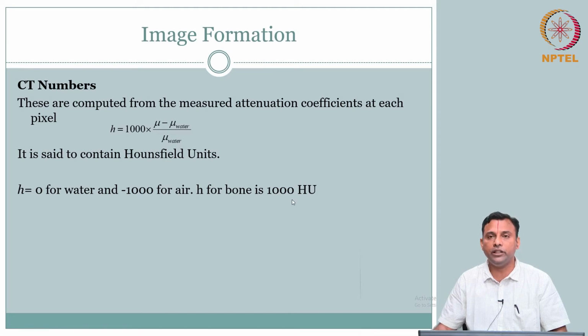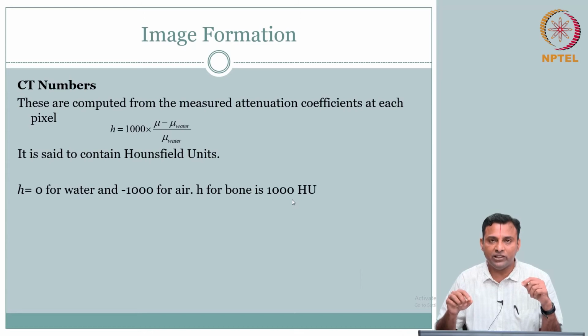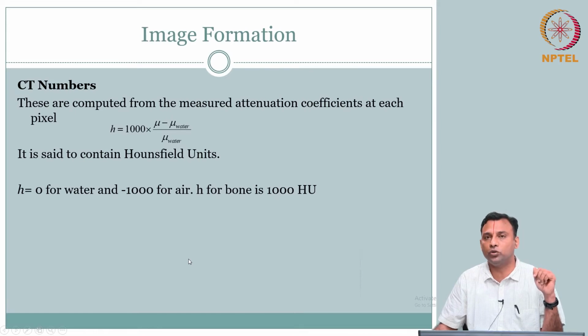So now you see your CT becomes quantitative. You have a CT image, and each pixel has a unit which is the Hounsfield unit. So what is the value going to range? It is going to range from minus 1000 to 1000. Usually within plus or minus 2 Hounsfield units you get accuracy. So it's pretty good.